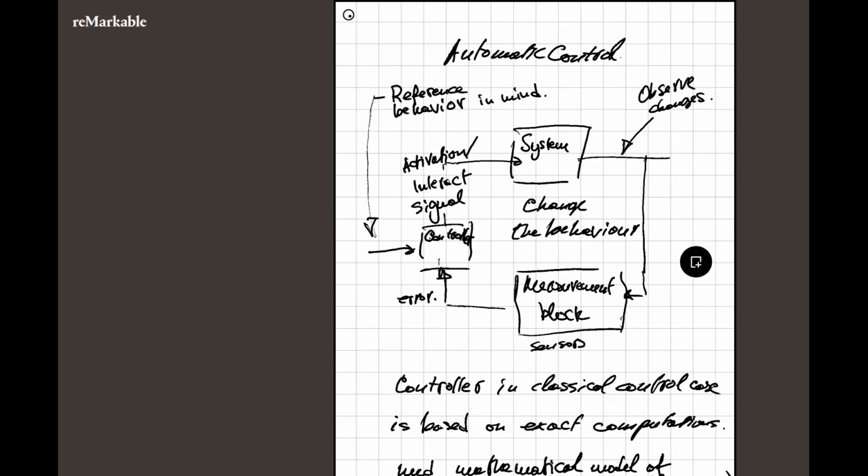Now I want to sketch in what way. Essentially, we will replace the need for the exact model of a plant by fuzzy rules. So we will create rules based on some expert knowledge about how the system should be controlled. And by the way, looking a little bit ahead,